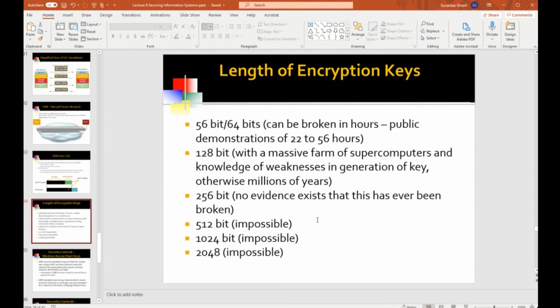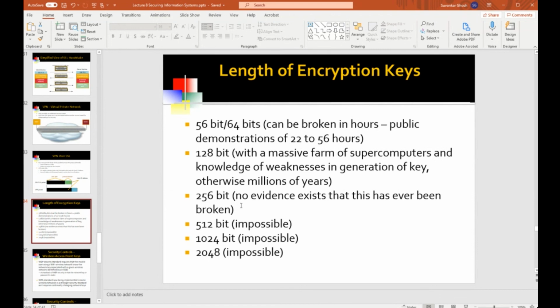Similarly, if you try every possible permutation and combination of the bits, whether it's a 56-bit key or a 128-bit key, you will hit upon the combination that decrypts the packet. But you need massive compute power to do that, to run through all possible permutations and combinations of 128 bits.